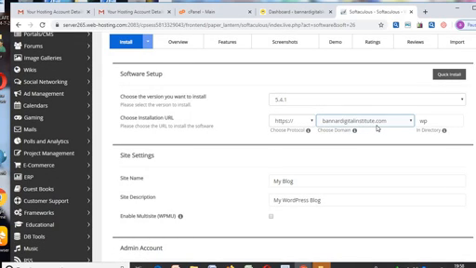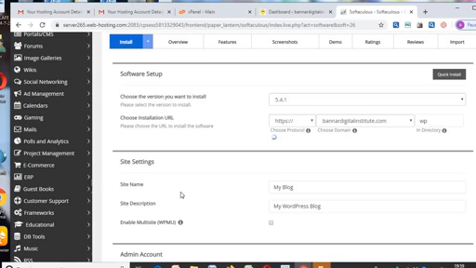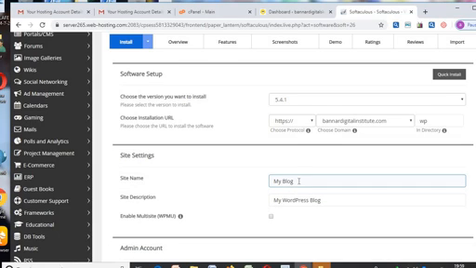Then if you are adding another domain to your account, this is where you pick the domain you want to install. But because I only have one domain on this hosting platform, it's only one option that I have, so I don't need to change it. If you have more than one, then you come to this place and pick the domain you want to install. So what is the name you want your site to bear? The name I want my site to bear is my blog. I write it there, but I still want my site to bear my